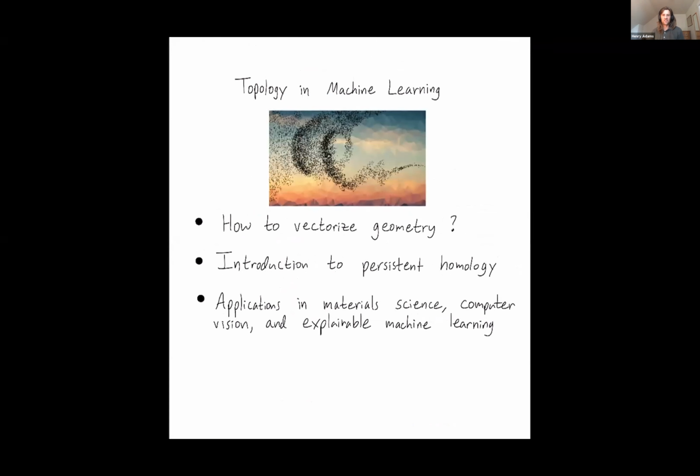All right, so allow me to end there. In summary, I've described the importance of inserting geometry into machine learning, much in analogy with inserting physics into machine learning. Persistent homology is just one way, but a popular way to try to vectorize geometry. And it allows you to input geometry as a vector in order to make machine learning predictions. But it also allows you to do the inverse problem of going back and saying, what were the geometrical features of my data set that led me to make one prediction versus another. So thanks so much for your time and attention.